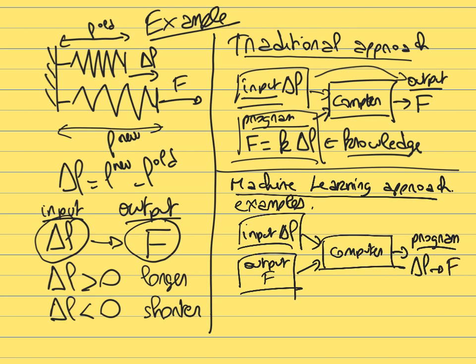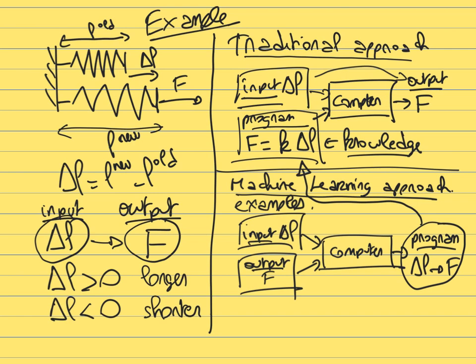So in this case, it's exactly the opposite of the traditional approach. You start with the input and the output. You start with some examples, and the computer will try to find the relationship between those inputs and this output. In that sense, it's giving you the program that, once you have it, you can use to go back to a more traditional approach, where for a given input, you can now use this program and predict the output. In this case, you would be able to predict the force that needs to be applied to a spring to achieve a target